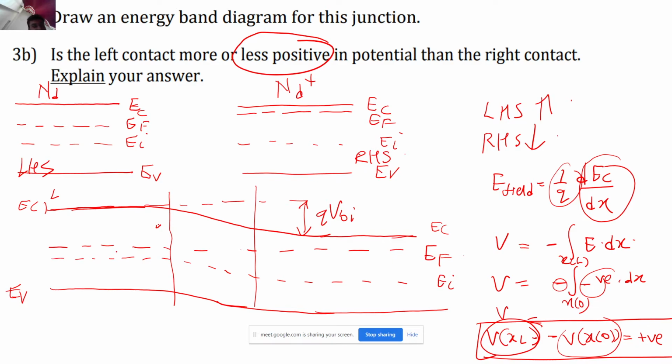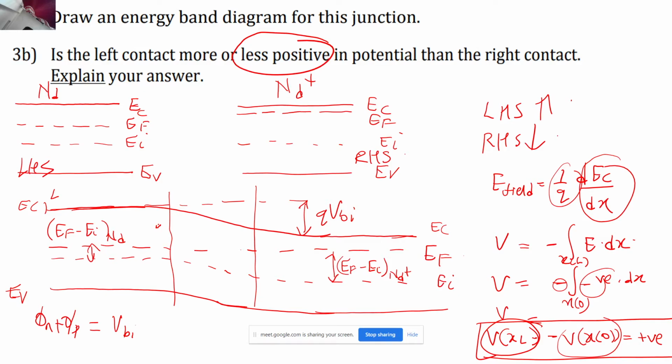So how are we going to calculate the built-in potential? What you used to do in the PN junction, that you used to add that phi n plus phi p, correct, and you used to make it equal to VBI, correct. But since EF and EI are not even crossing with respect to each other, correct, so this is the EF minus EI, let's say, on the ND plus side, and this is EF minus EI on the ND side, that is lightly doped, correct? Initially I used to add these two levels, this used to happen because EF and EI used to cross with respect to each other, but here they are not even crossing with respect to each other.